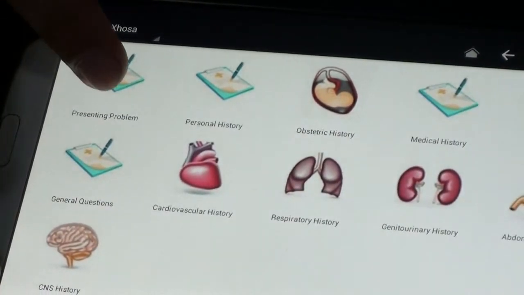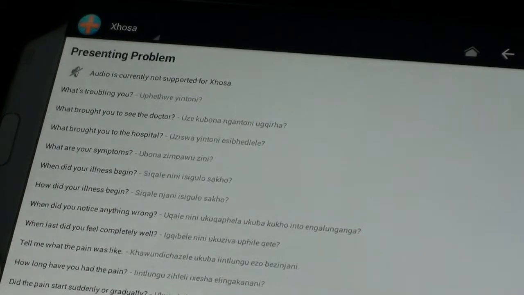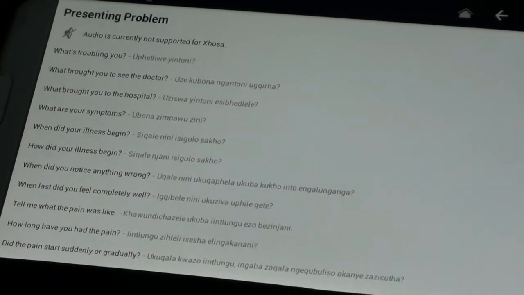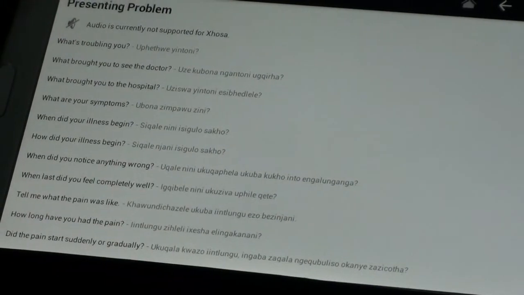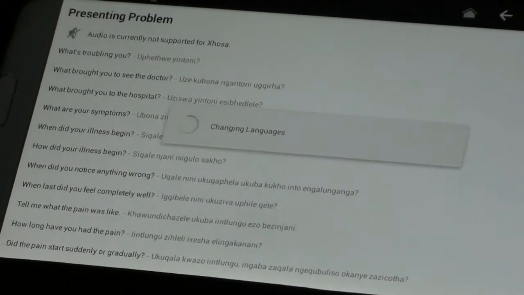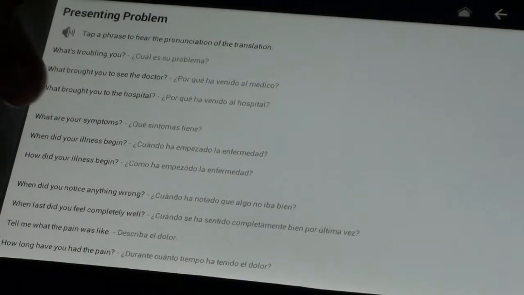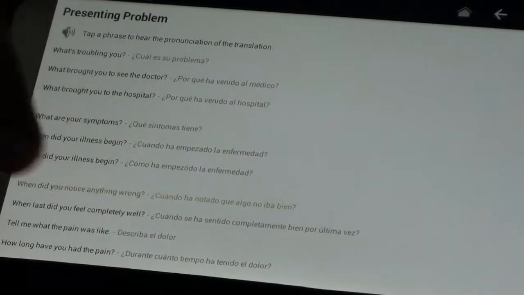So if we want to ask the patient why they come, we'll ask about the presenting problem. And once you get to the page, it then gives you the English and the translation in whichever language you want. So for instance here, it tells you how to ask the patient what's troubling you, what's brought you to the doctor, and so forth. For Xhosa at the moment, we don't have any audio support, but in some of the other languages like French and Spanish there is. So this is how you change languages, and then you can, if you have difficulty pronouncing in whichever language you're using,